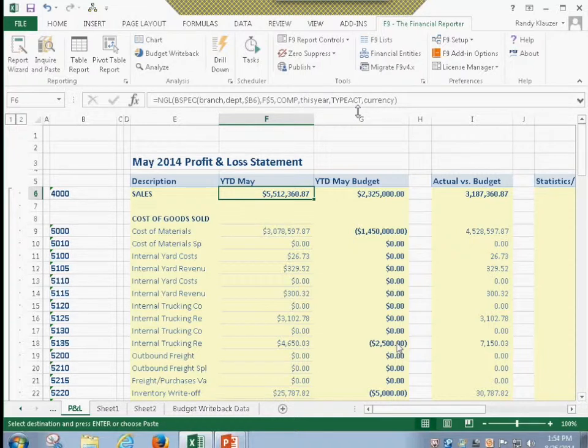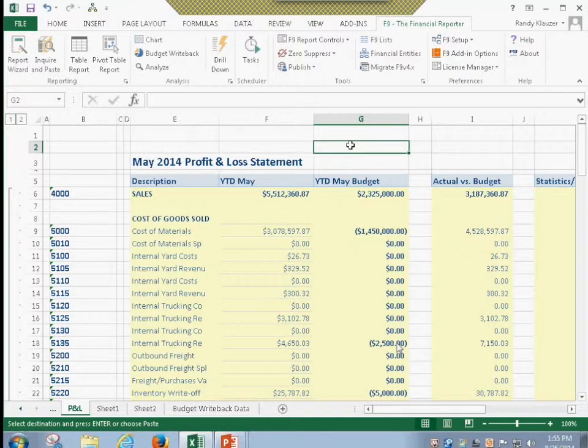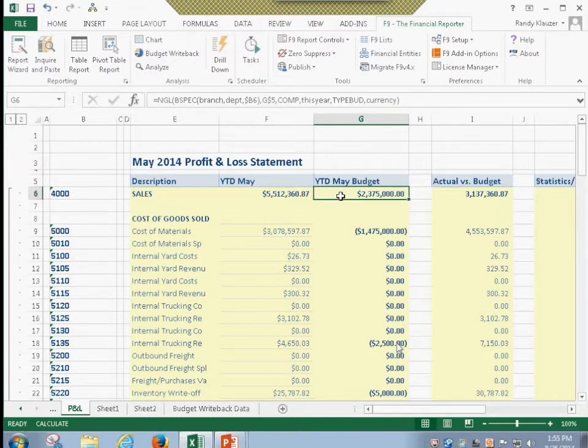And these are a couple of the named cells that Kevin described how to use as control variables in F9 spreadsheets. So our formulas are going to look at the type of data to determine whether we're pulling actual or budget. I'm going to do an F9 here to recalculate. And you can see that our budget shows